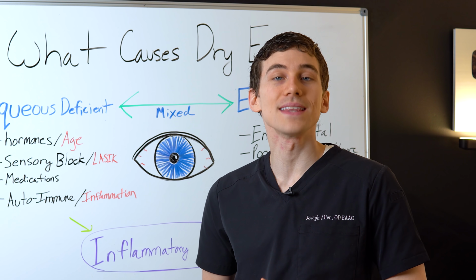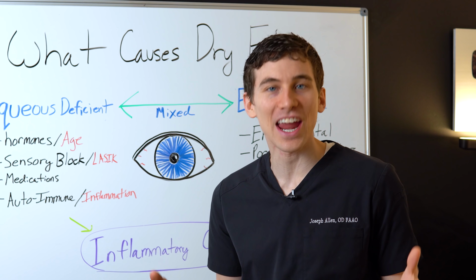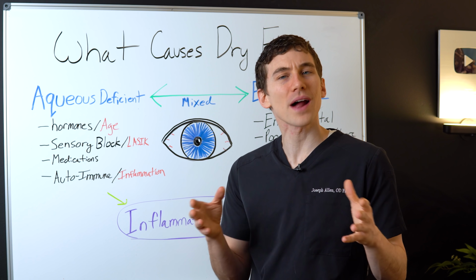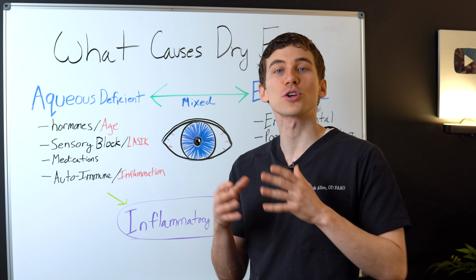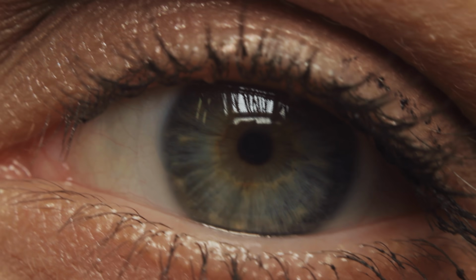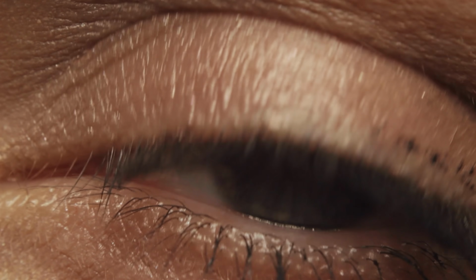So having dry eyes is a lot more complicated than just having the occasional dry eye symptom. You may know this as the redness, gritty, or burning sensations on the eyes. But having dry eye syndrome, where your eye becomes chronically or severely dry, that's when the eye can become painful and even cause your vision to be blurry.